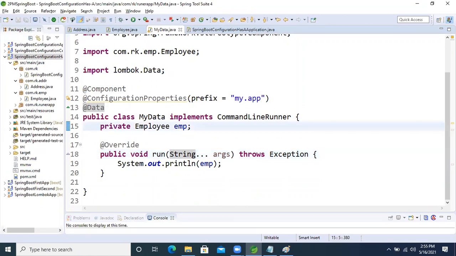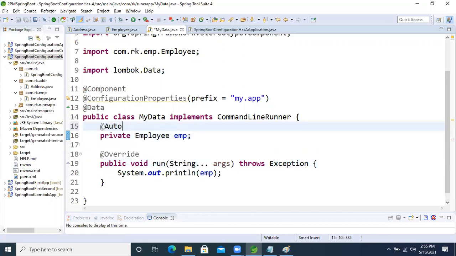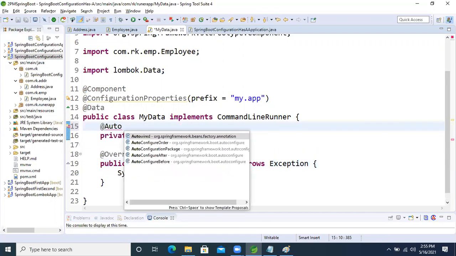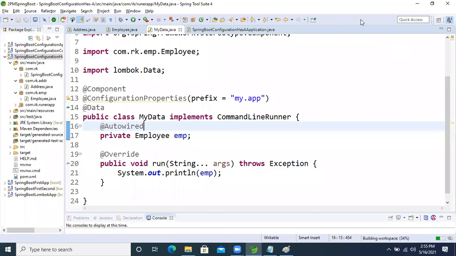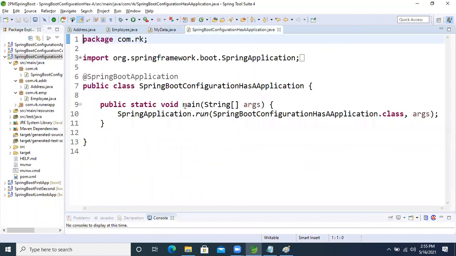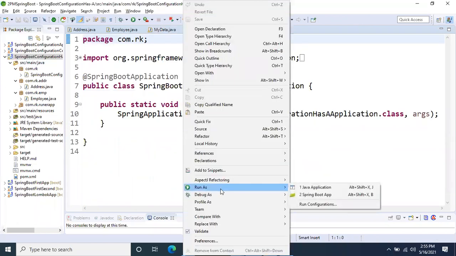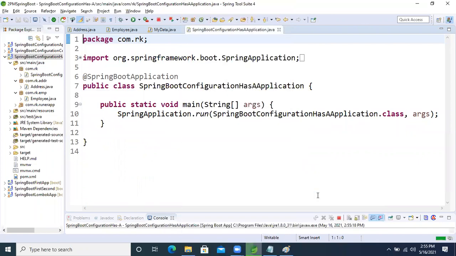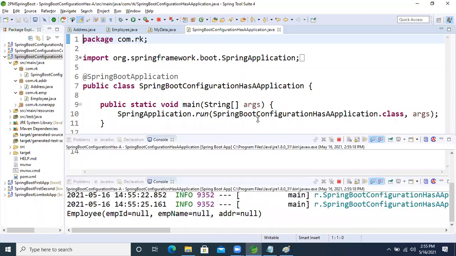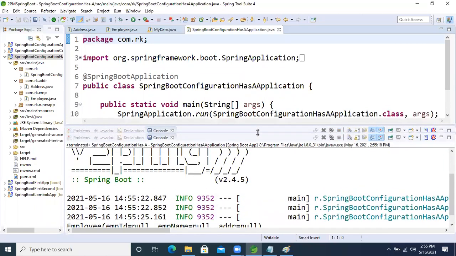Okay, let's make it @Component. It's asking, okay.